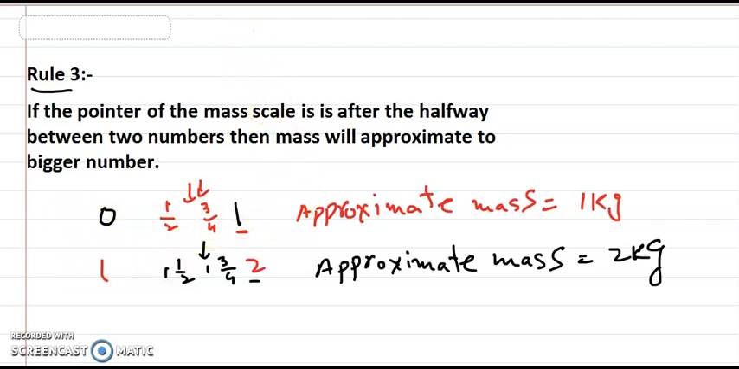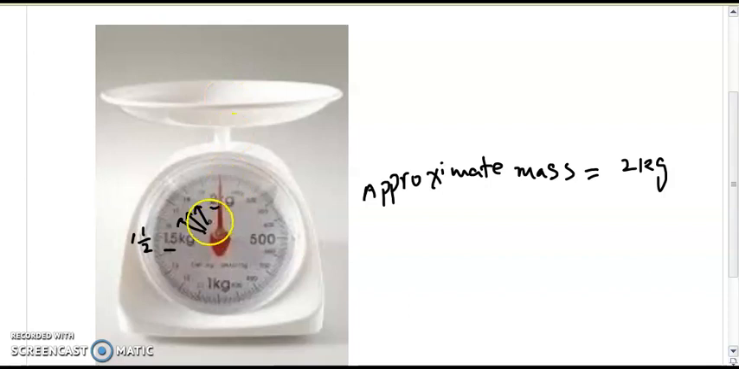And in each case, you have seen this picture where we discussed that if the pointer is pointing somewhere here on the halfway, then it will go to the bigger number. If the pointer points somewhere before the halfway, then it will go to the smaller number. And if the pointer points somewhere after the halfway,